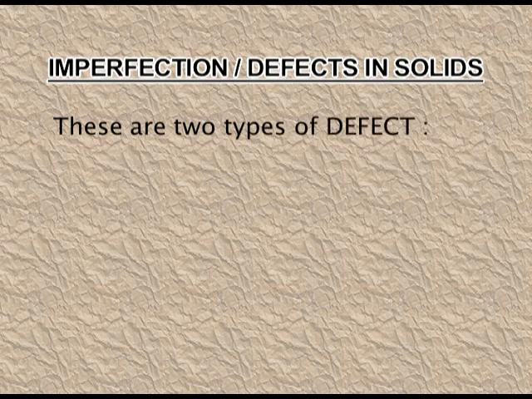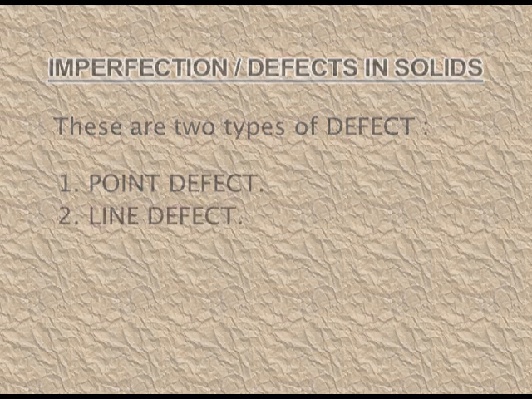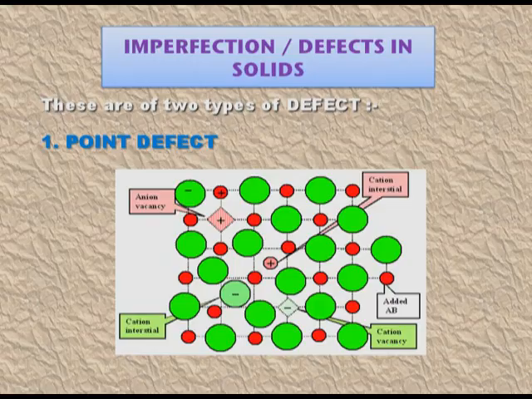Today we will study these defects, how they are created in the solids. So let's study all the imperfections one by one. The imperfections or defects in solids are classified as point defects and line defects. Point defect: when the irregularity is around an atom or a molecule, that is known as a point defect. But when the irregularity in the arrangement of the constituent particles generates along a row, that is known as a line defect.